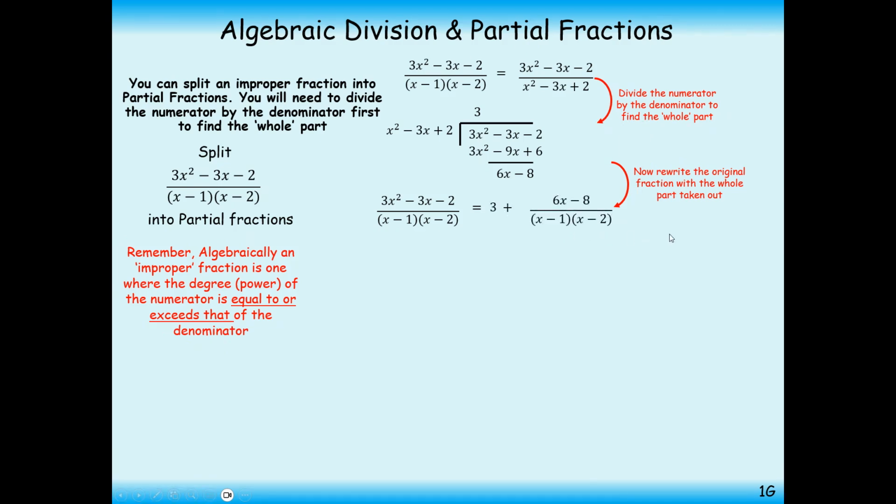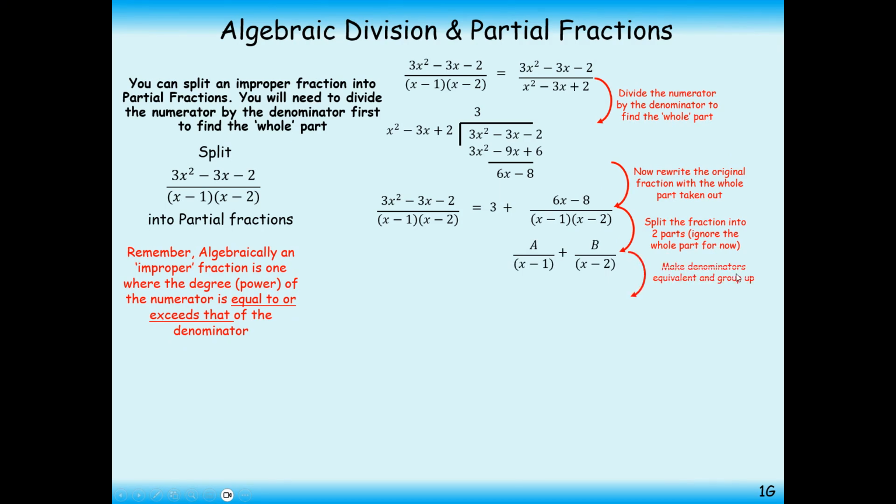Now, this is the stage where we can split up the 6x minus 8 over x minus 1 and x minus 2 into partial fractions. We are going to keep that 3 as it is, leave the 3 alone, and perform partial fractions. Splitting up into partial fractions